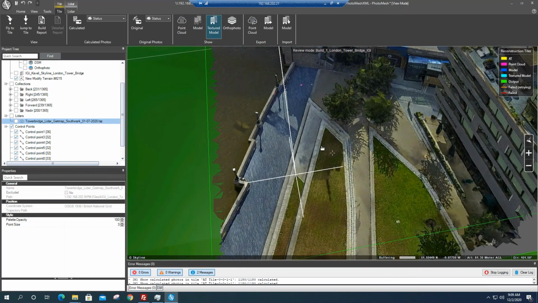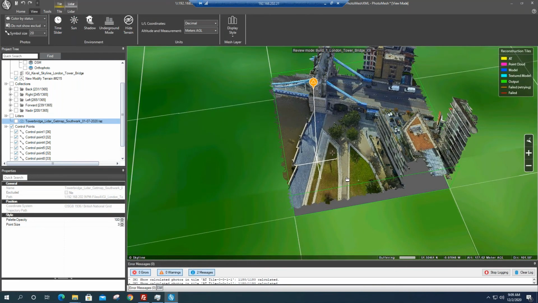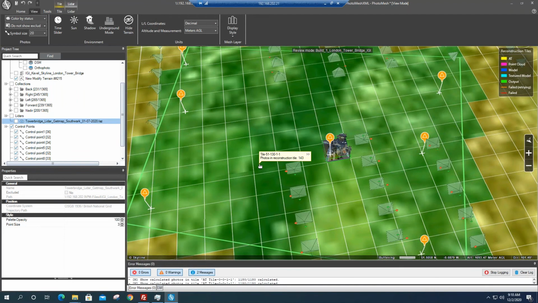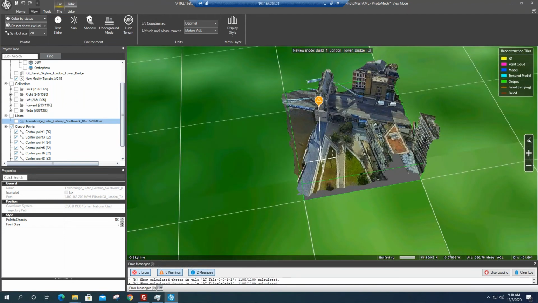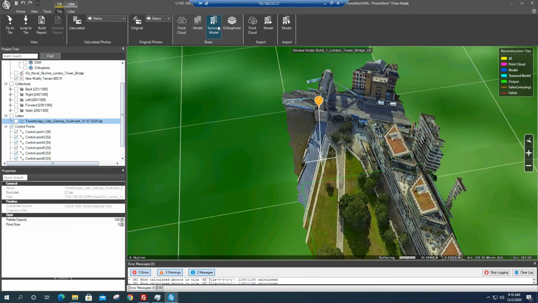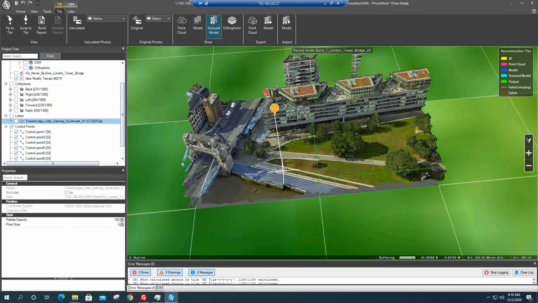on a single tile. And one of the things to stress and emphasize here is that Skyline's scalable technology is able to split the project up into various tiles. Depending on the size of the project, the tiles get calculated automatically. And then every single one of the tiles can be processed on a separate computer. So you can scale up to really an unlimited amount of computers in order to run very large projects. And we'll look at one of those projects where we processed the entire city of Berlin, over 1,000 square kilometers in